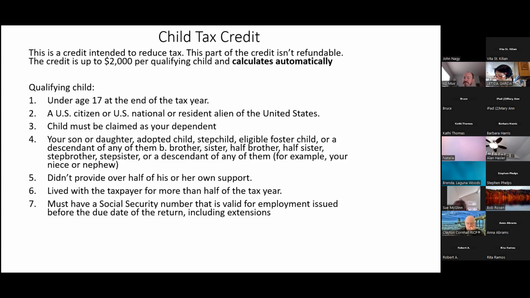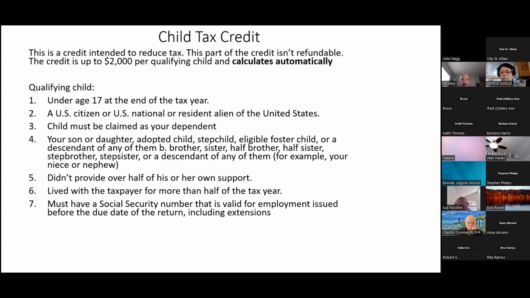Well, is there a comment? Yeah, Jerry, there were a couple of questions in the chat. One, if somebody turned 18 in the tax year, in the middle of the tax year, do they get a partial tax credit for that year? No, the dependent child has to be under 17 at the end of the year.